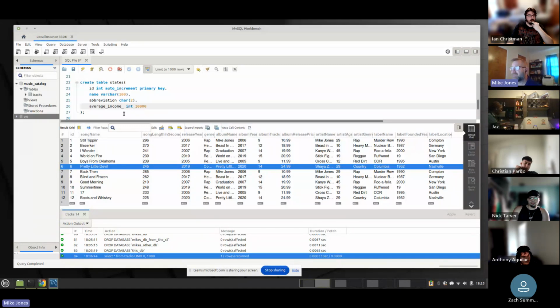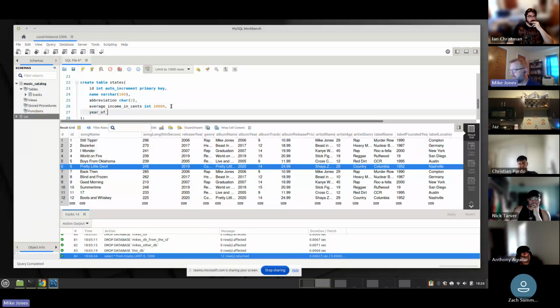But you would then want to name this in cents, so that the guy that's coming behind you and trying to program against this isn't getting everything off by a factor of 100. So you got the average income, you could do that. And there are actually some payment gateways like Square and Stripe and some of these others that actually do expect you to send it in integers, like in cents. And so this is not an uncommon or an unreasonable thing to do. However, say you had the year